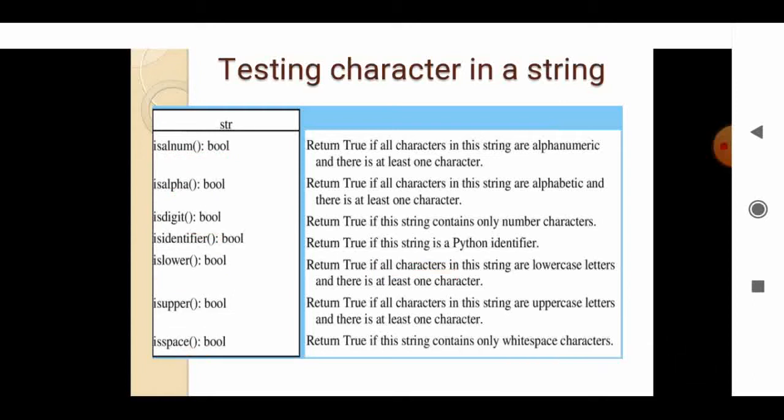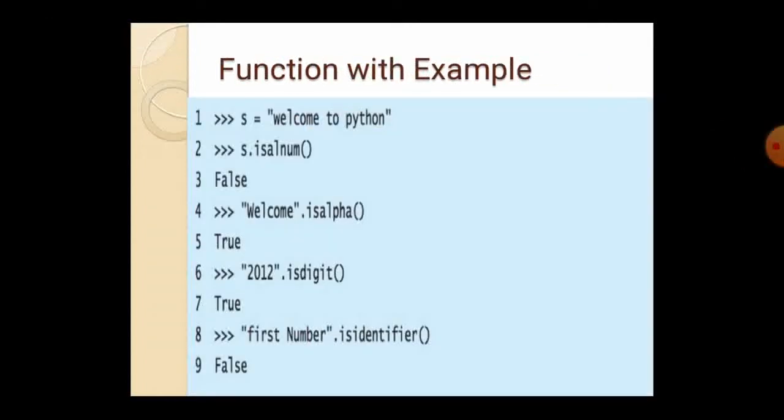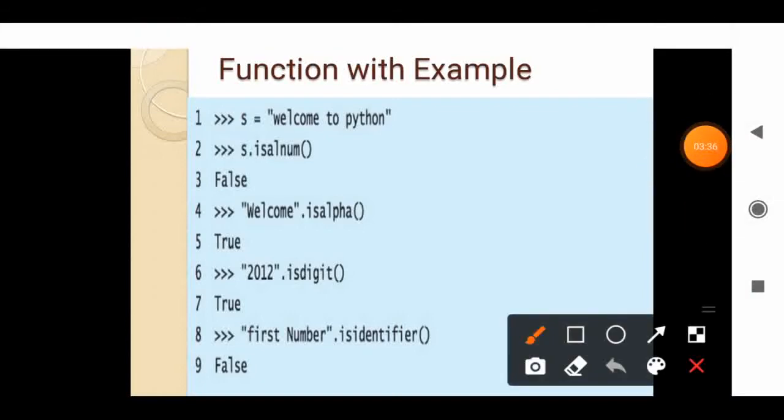Let us see examples of these functions. S equal to "welcome to Python". So this is a string, and we have assigned it to the variable s. What is the use of the isalnum function? It checks whether the string has alphanumeric characters, alphabets and numbers.